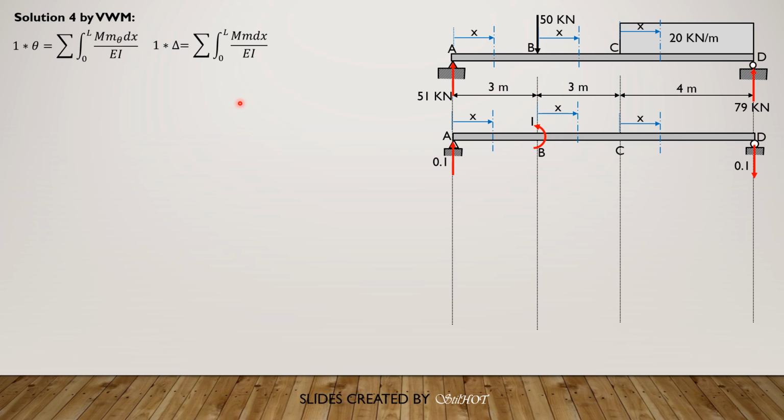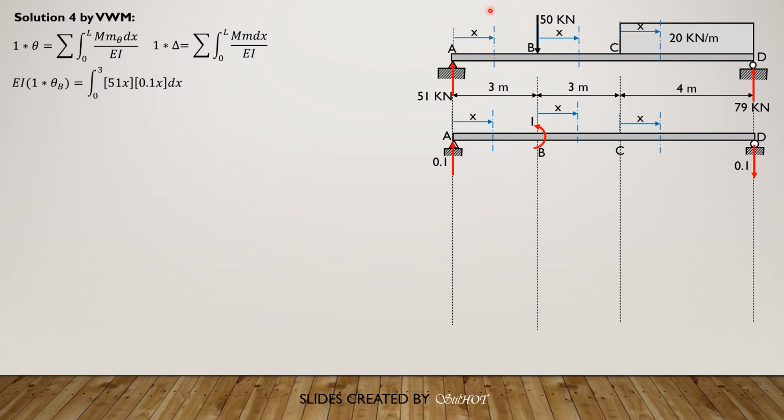So if it is positive, it's really positive. If it is negative, it means it's negative, or clockwise rotation or downward deflection. So EI times 1 times theta B, so we put EI there because EI is constant. So the integral of the moment in this section is